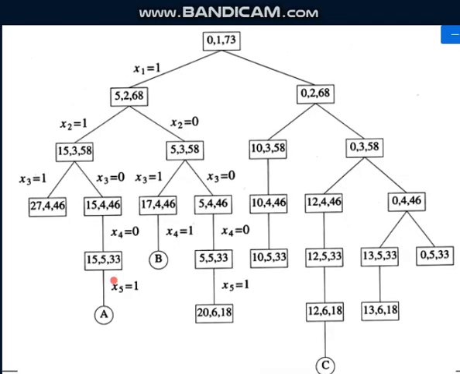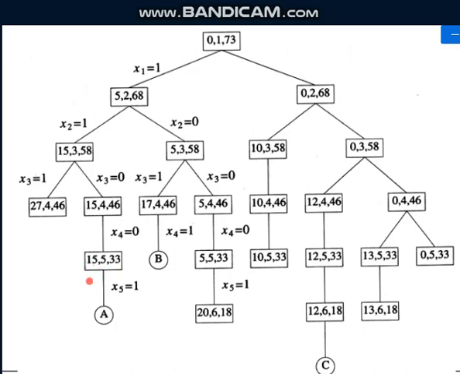Yes, see, look at this. So including the first element 5, including the second element 10, excluding the third and fourth element and including the fifth element. So if you look at this, you have got the solution. So one of the solutions. Yes. So if you include 5, 10 and 15.